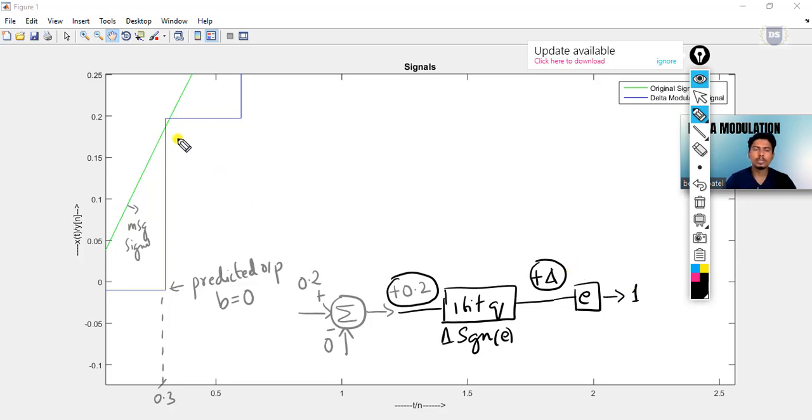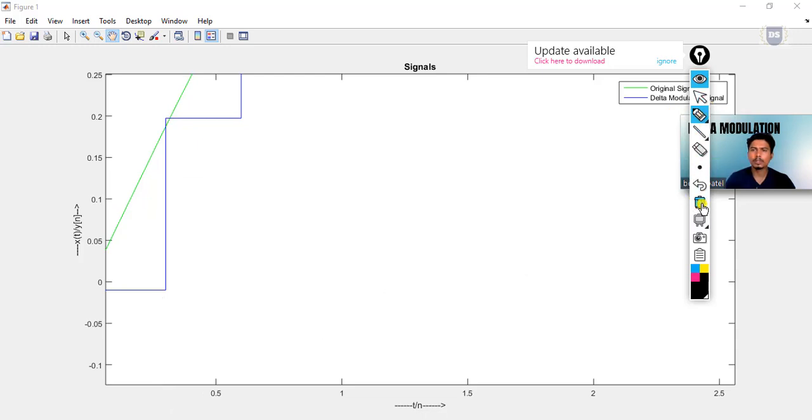So for this time interval, symbol 1 will be transmitted. So this is how the entire system works.